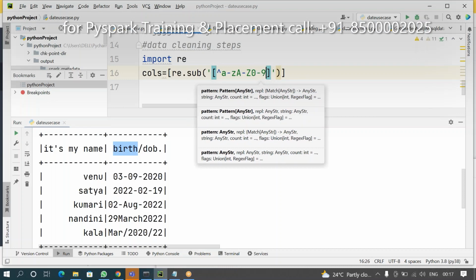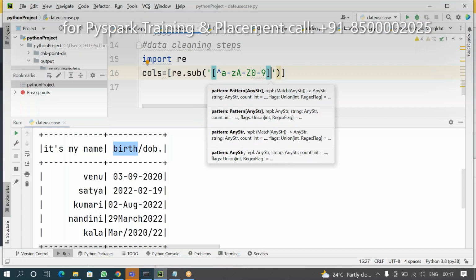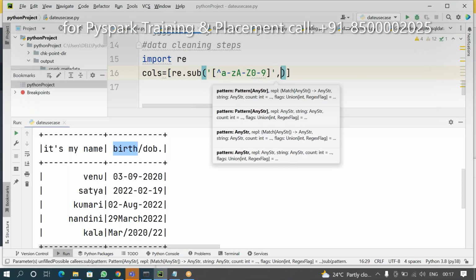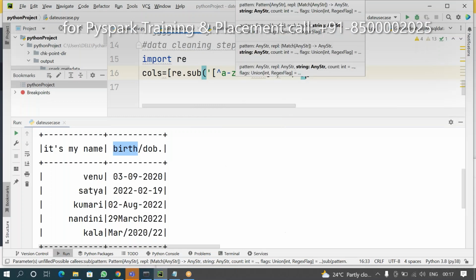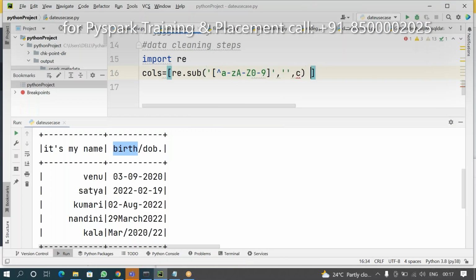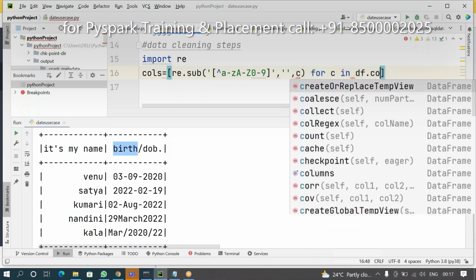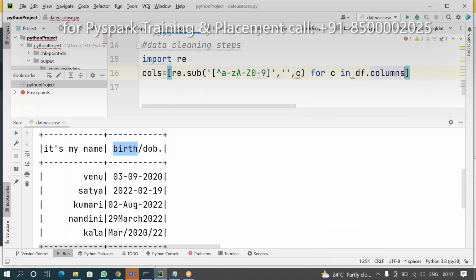Except these, if you get anything, followed by for c in df.columns.